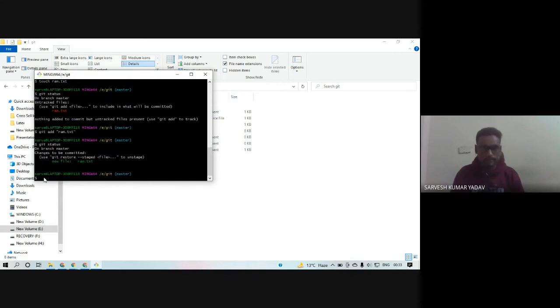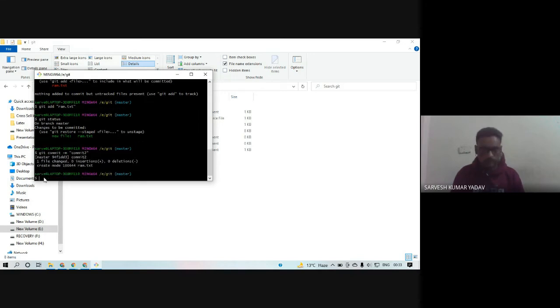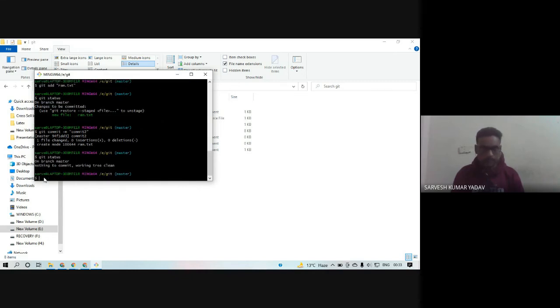The file ram.txt, changes to be committed. So let me commit it. Commit with message -m, in quotes, commit 2. One file changed, 0 insertions, create mode ram.txt. Git status. Nothing to commit means all changes have been saved till now.